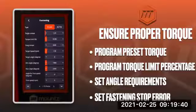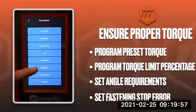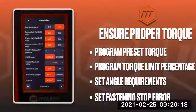And so there is one additional error that we can stop and see. Because we're monitoring angle, we want to make sure that the operator holds the trigger down for the entire rundown until the system torques. And so with that, we can go to our controller and implement what is our fastening stop error. With this, if there is a release of the trigger before the tool actually runs down, then we can cause the system